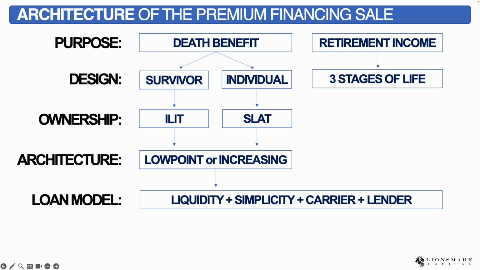Stage two would be their retirement years, right? So income producing years, then stage two, their retirement years. At that point, perhaps their mortgage is paid off. Perhaps their kids are now full grown adults and they can pay their own bills. And so that overhead is less. So perhaps they don't need as much life insurance death benefit at that point. And at that point, they can start drawing income down,